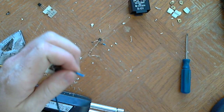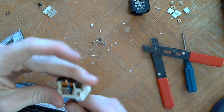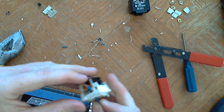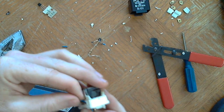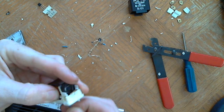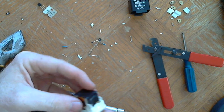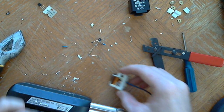Run that through. Shave it. If you're going to put solder on this copper wire before you try to solder it onto the connection, then at least bend it first, because whenever you put solder on the wire,